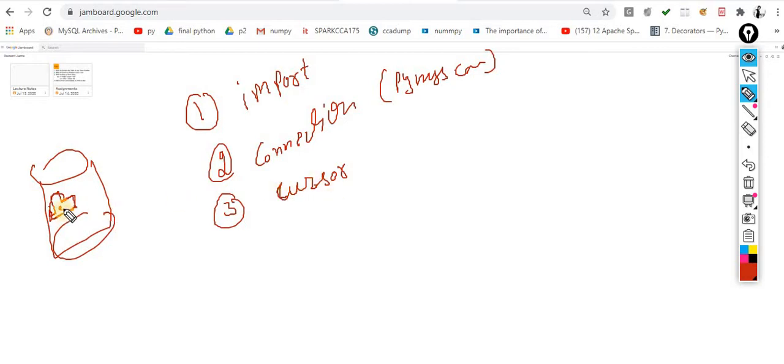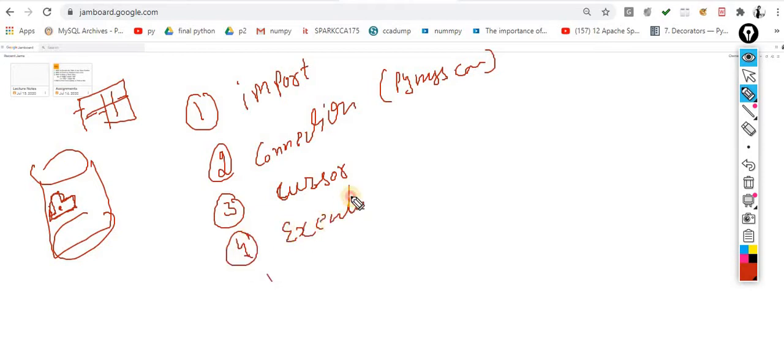With the help of this cursor, just like a pen, I am supposed to read the tables, and read the content of the tables. Whatever you have to perform, whether you have to fetch the data or insert the data into MySQL, you are supposed to perform it with the help of this cursor, because without the cursor it is impossible to insert or fetch the data.